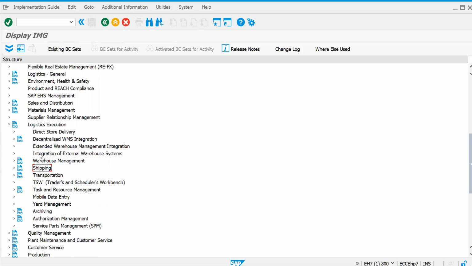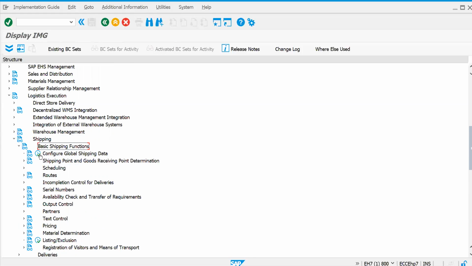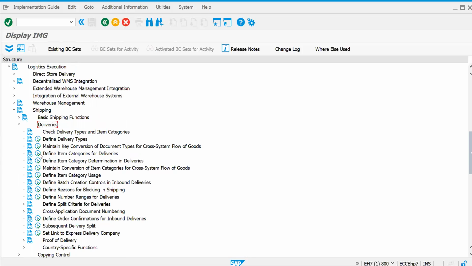Let's get into the path called shipping. In these basic functions, if you see, there are different things here. Okay, so let's get into the delivery first. Define delivery types.